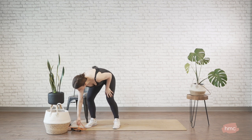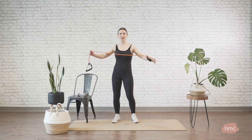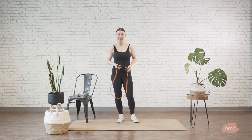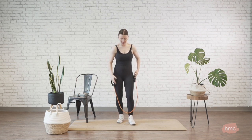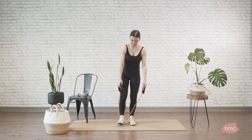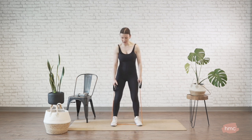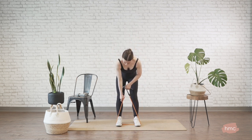We're going to need our bands for our next movement, so grabbing onto those. We're going to do some double-sided, so bilateral bent over rows. So that movement we just did, we're going to do it on both sides with our bands. So remember, we can adjust the tension on those bands by widening our stance or by choking up on our